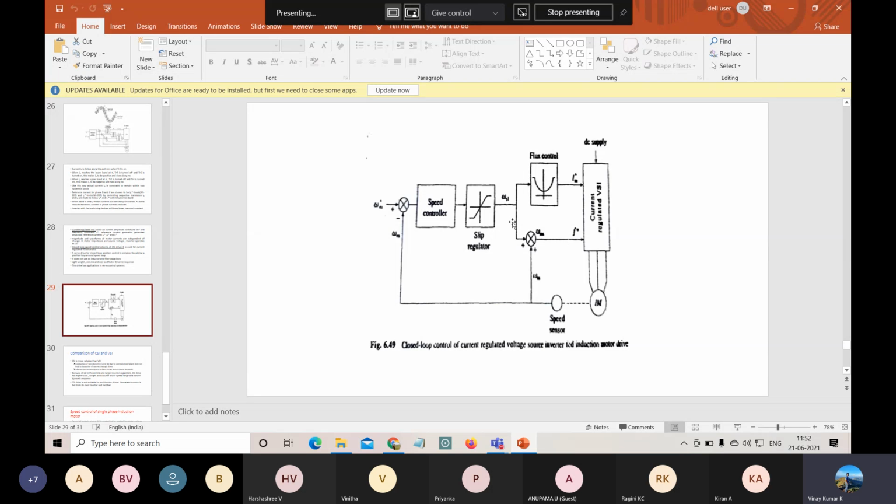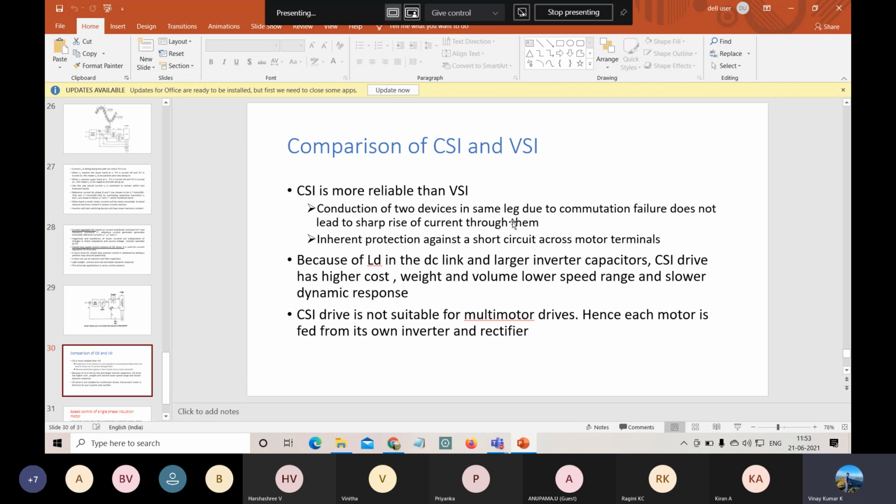So these loops will be mainly used in controlling speed and controlling torque. By controlling the speed, you automatically control the torque. The application will be mainly in our electric vehicles. In electric vehicles, DC motors will be used, so in order to control the speed of such motors, we use closed loop models. Okay, so that's all.